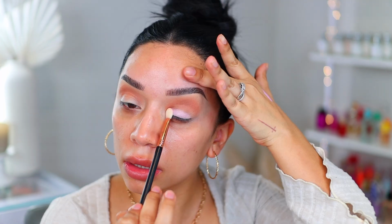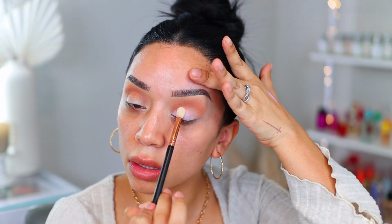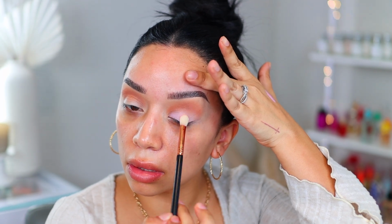So the drugstore does not have any sort of canvas base, so I am going to use one that is affordable from City Color Cosmetics. These are a pretty close dupe to the P. Louise. This one is in the shade Ladylike, and it's just a very soft pink. Ooh, it's almost like a very pretty baby doll pink. So I am going to use that, and I'm just going to tap this in, and then with that same